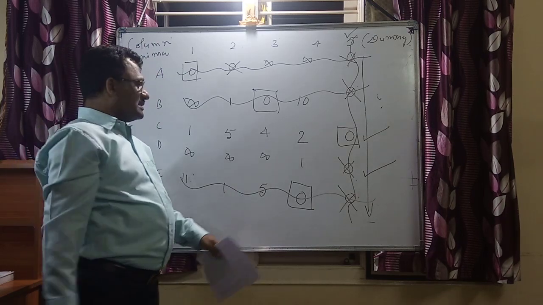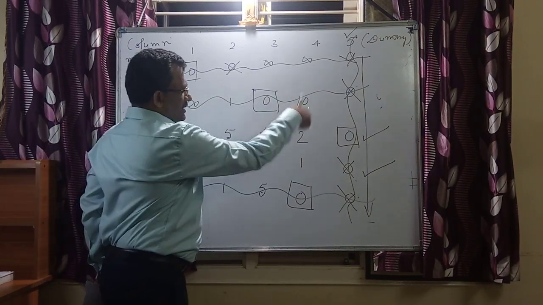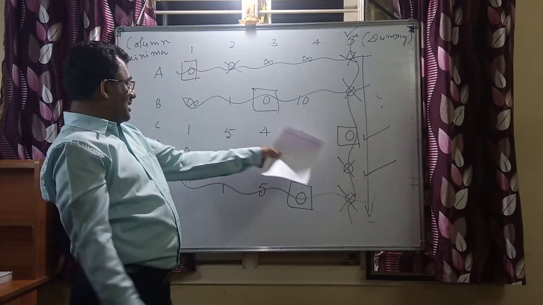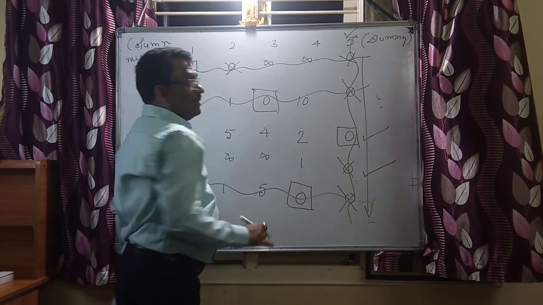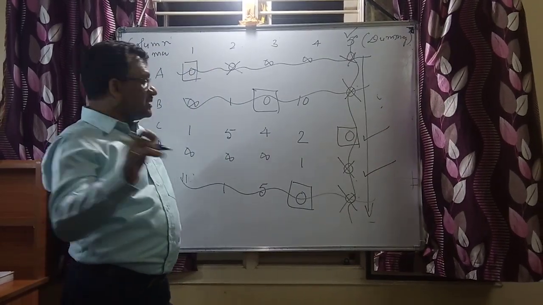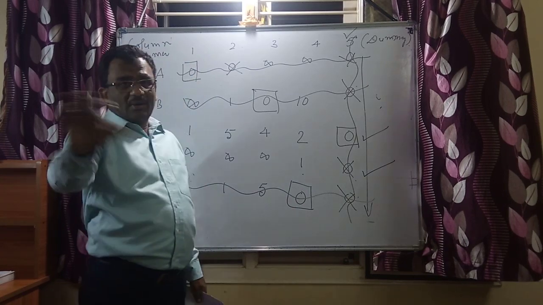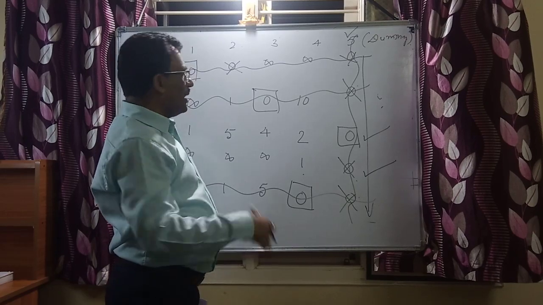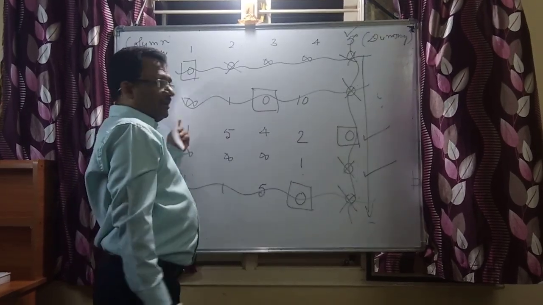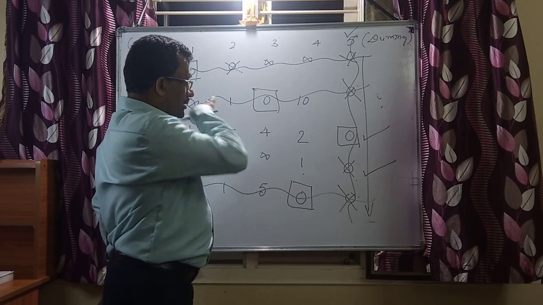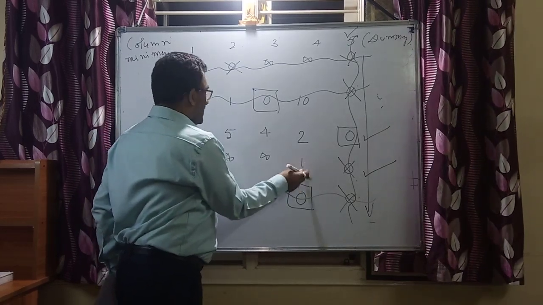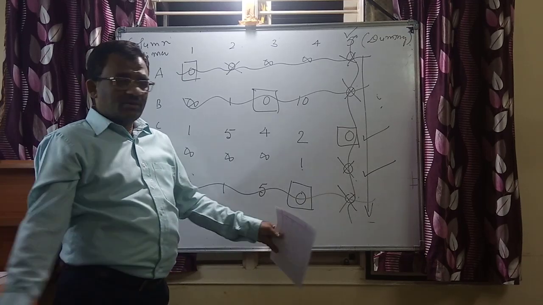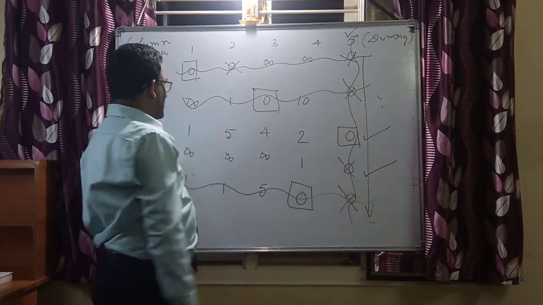Now after having done this procedure, identify whether you have any uncovered elements. Yes, you have uncovered elements here, and among them look for the least uncovered. It can be repeated, no problem. If the least uncovered is repeated, that doesn't matter at all. It may be 1, 1, 1, 1, 1, that's very easy for us to allocate. Now, this one is the least, here is a 1 and here is a 1. It's a repetition, doesn't matter much. Need not worry about that. That is not going to make any difference.